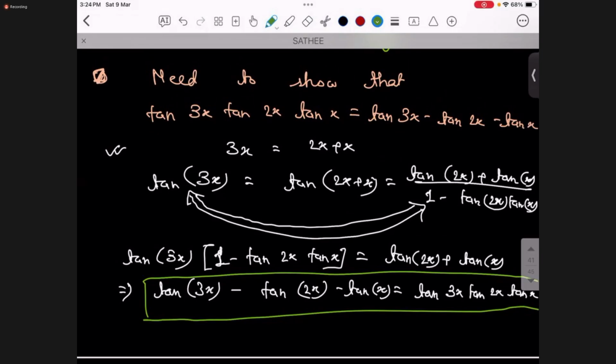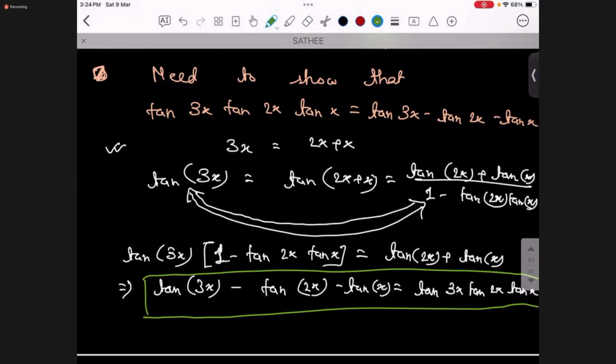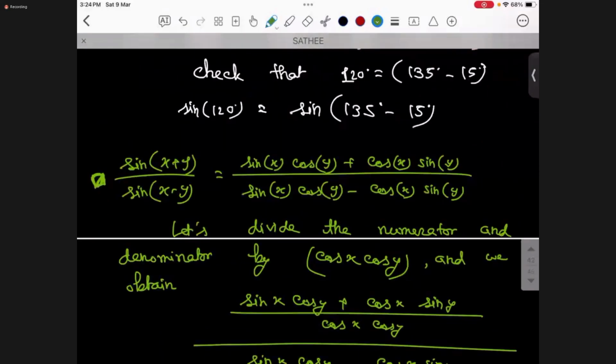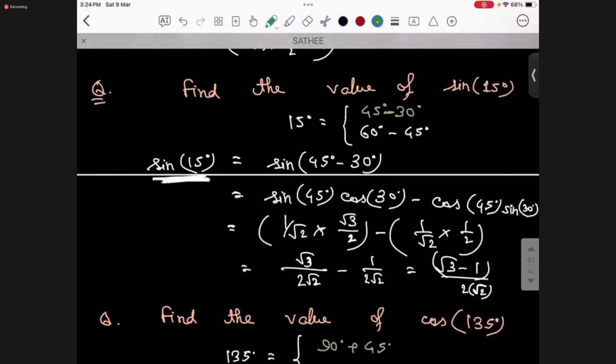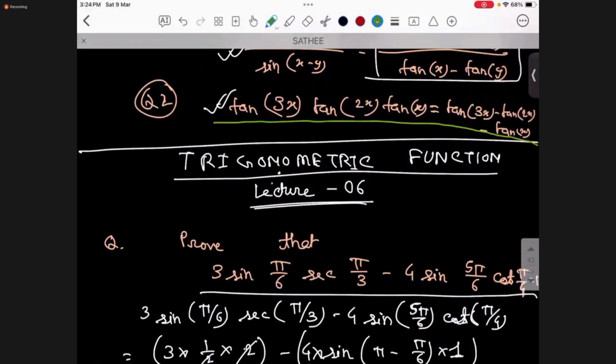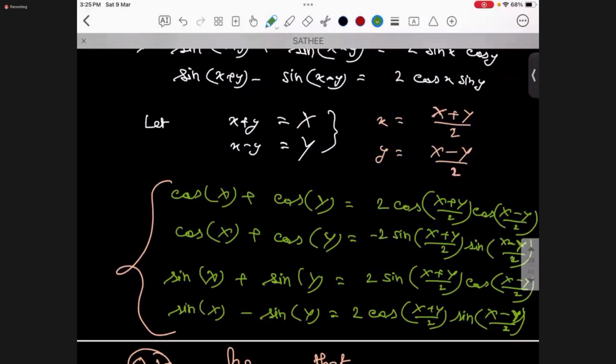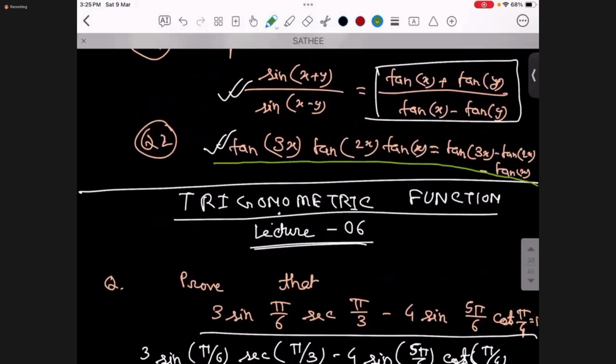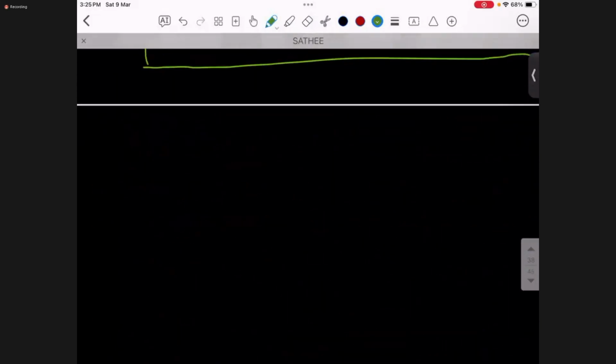Similarly, let us try another thing. Till now we are using the formulas for tan(x plus y), tan(x minus y) and all those things. So let us do one example using these formulas. We have discussed them at the ending of the last lecture. So let us discuss one problem with this formula. The question is,